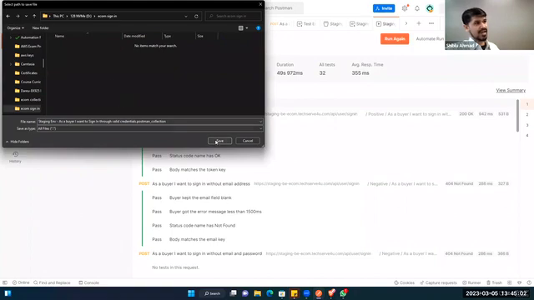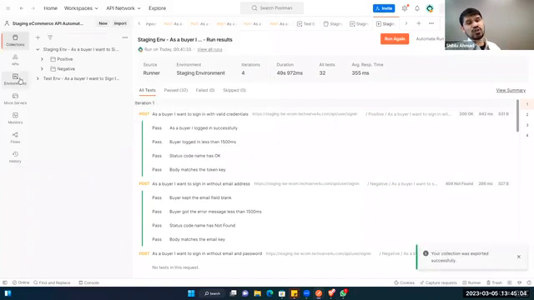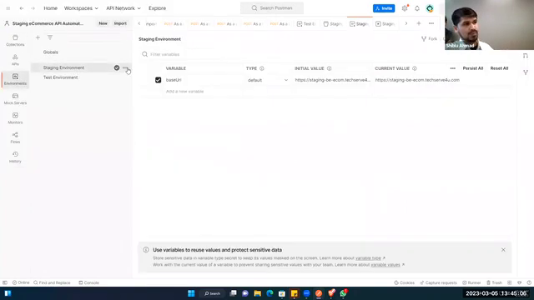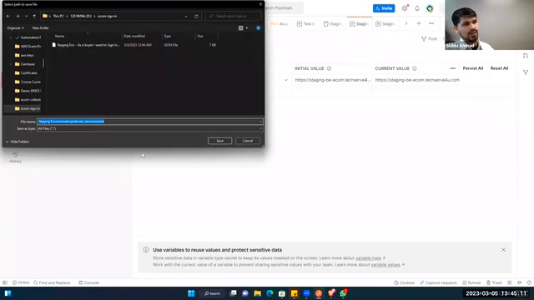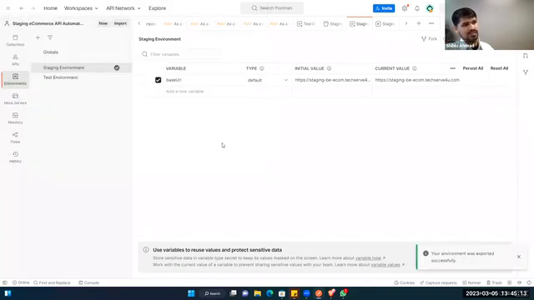Okay, good. And then you also have to store your environment as well. Click it, export it, and the environment is ready to go. So now we are going to